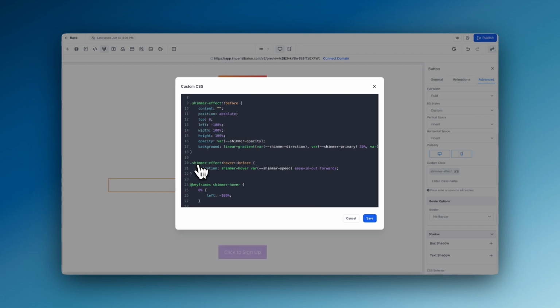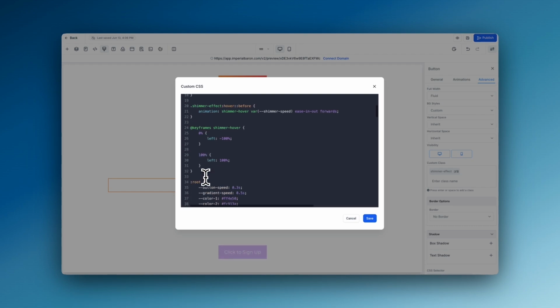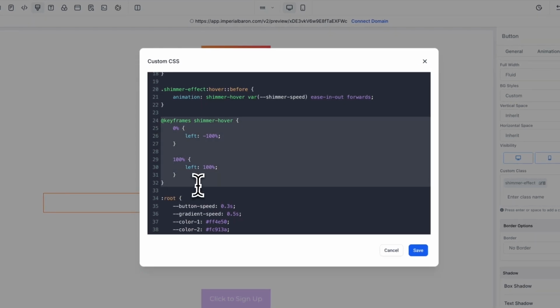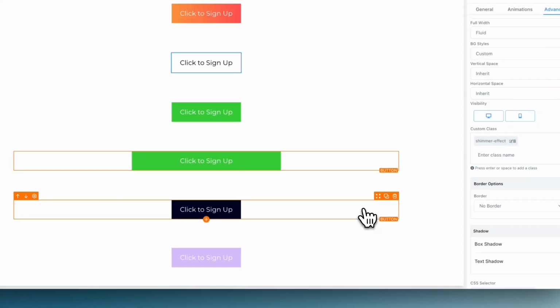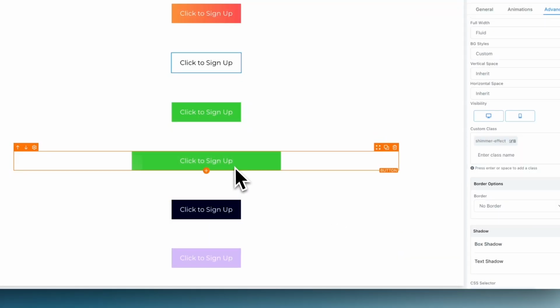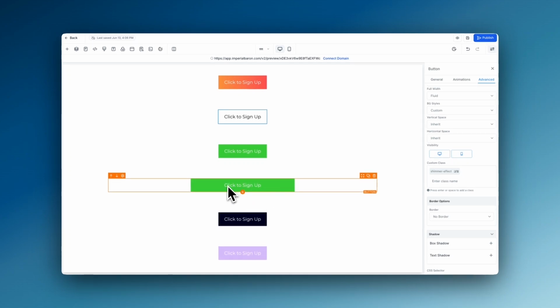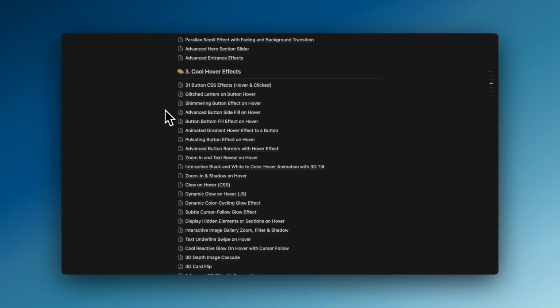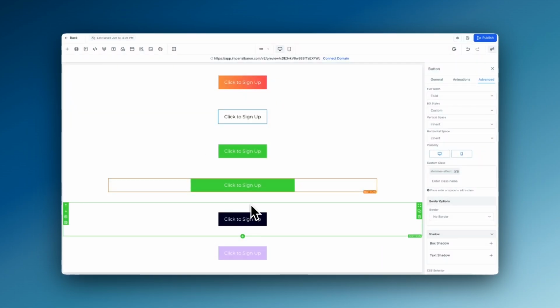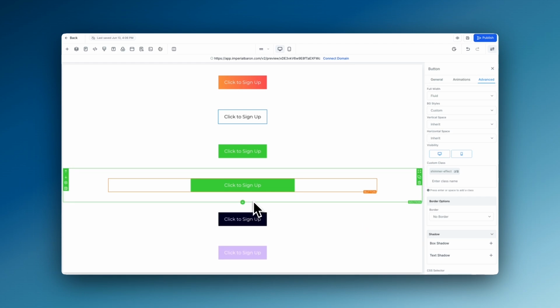copy the effect, and also the hover and the keyframes for the animation, because this one has a shimmer animation, as you can see right here. This one, if you are curious how to get it from the Notion doc, is this one right here, shimmering button effect on hover. The next effect is a flip effect, something interesting that I decided to add in here,